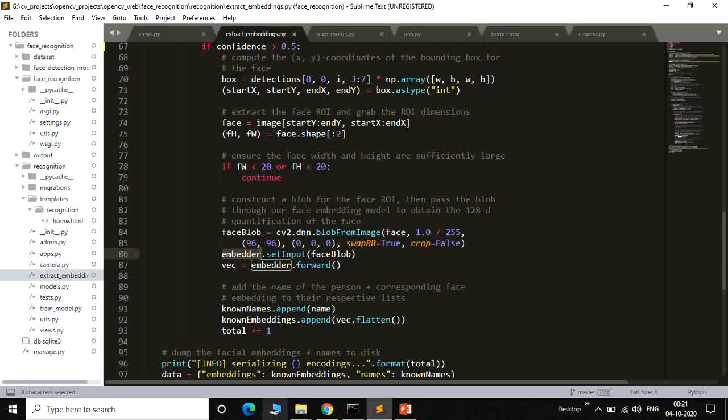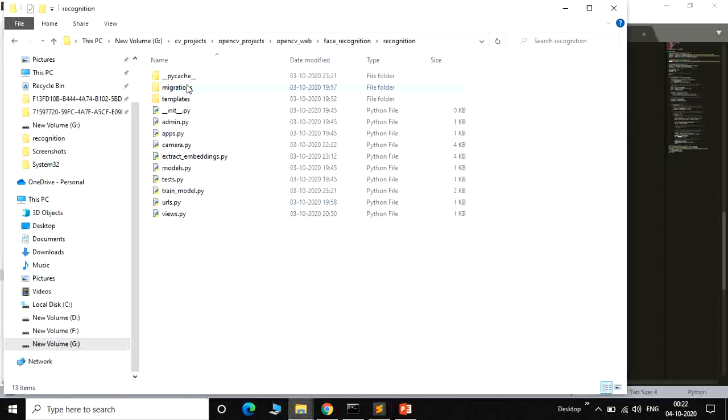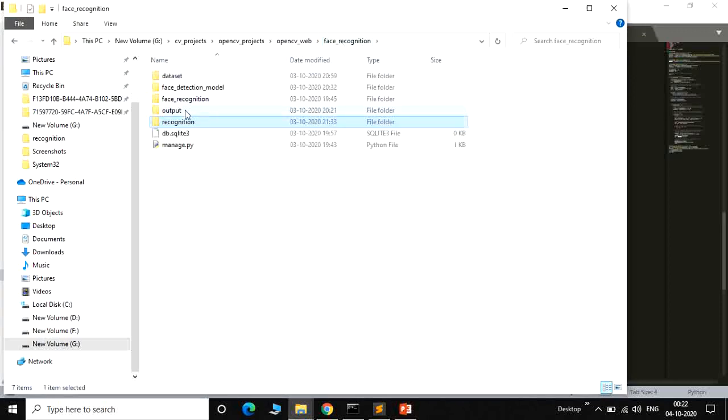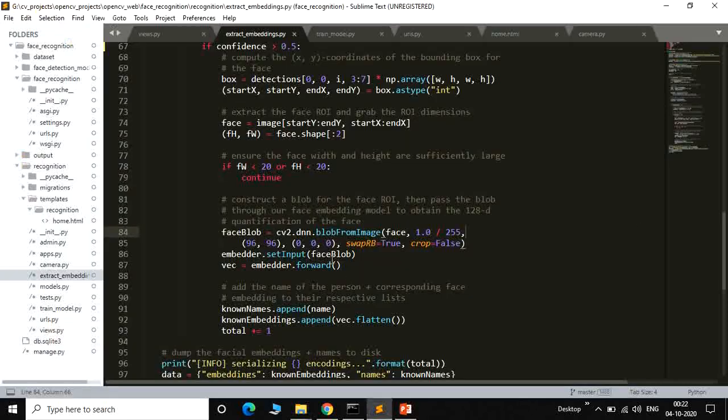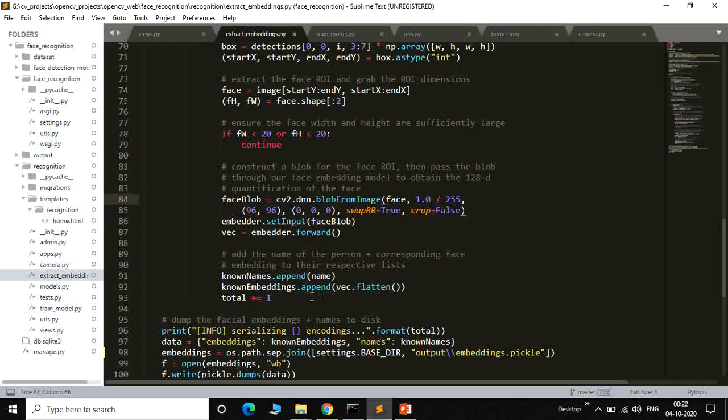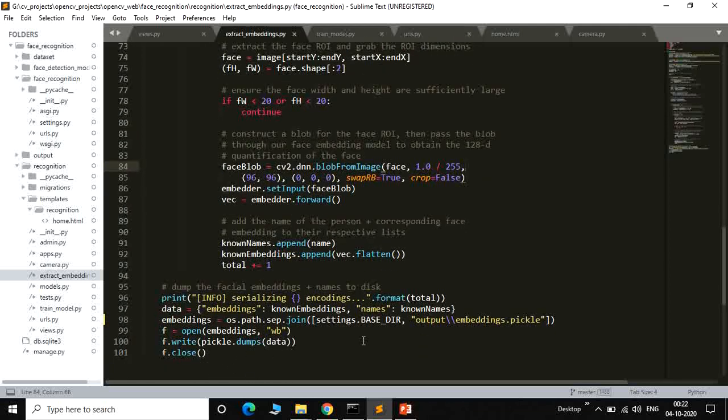You can see here this is the model, meaning the face recognition output. Here we first train the embedding pickle. First we train that particular model, and after that we can train the recognition. This is the model we can train here, pattern-wise we can match it, and after that we store it in the embedded pickle.